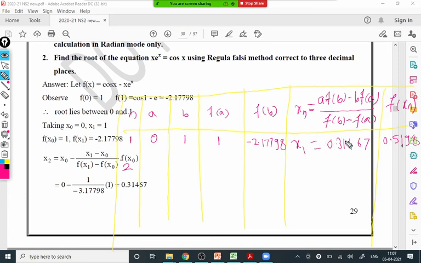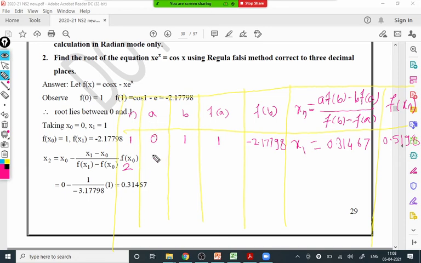So here is x1. Even though examples are simple, they are logical and tricky, because a small silly mistake gives you wrong answers or zero marks. At least you should write the formula once in a solution. You will get 1 mark for the formula, the remaining marks for the calculation, and generally it is checked from the last step only. If you got the final answer correct with a correct formula, you get full marks, and it is observed how many iterations you have done correctly.